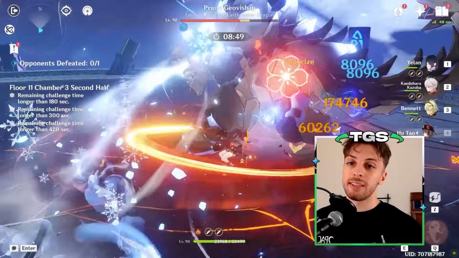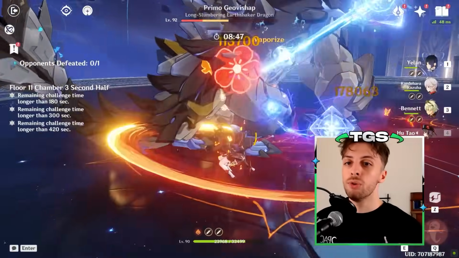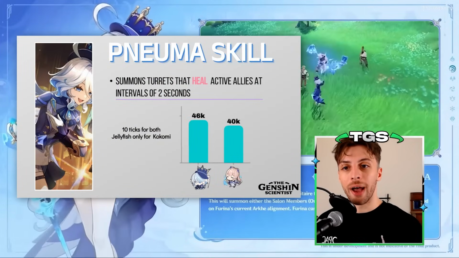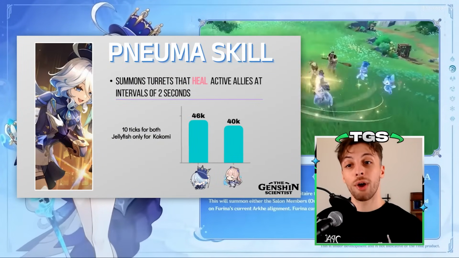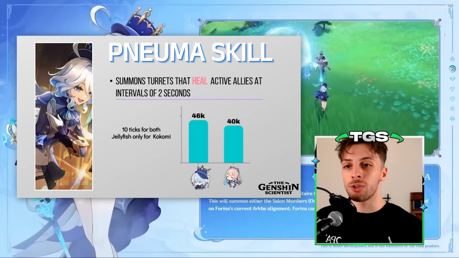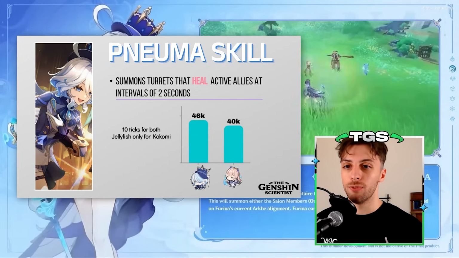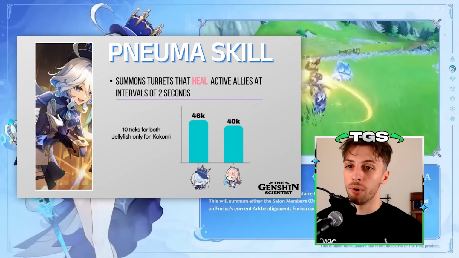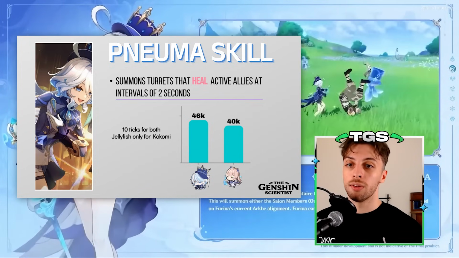Having said all of this, let's switch alignment and talk about the Pneuma elemental skill, which is much less exciting. At the cost of her entire damage potential, her hydro application and her particle generation, Furina will start healing with this version of the elemental skill. These heals will be pretty substantial and will have a pretty long range, but they will only heal the active